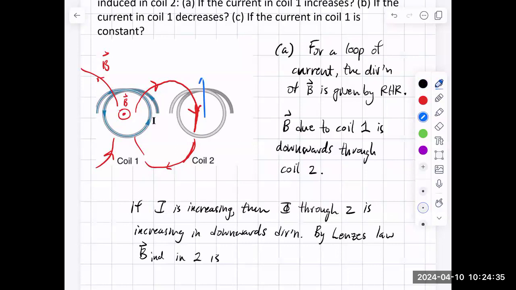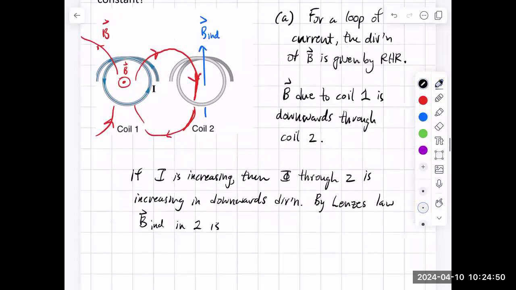So we're going to try to maintain or oppose the increasing flux. So we're going to maintain the original flux by opposing the increase by having an induced field that is upwards. So by Lenz's law, B induced in 2 is upwards to oppose the increase